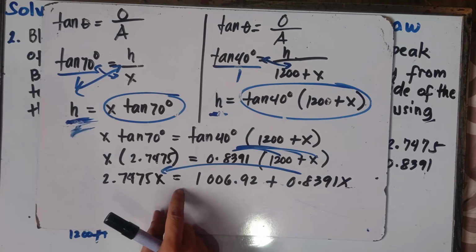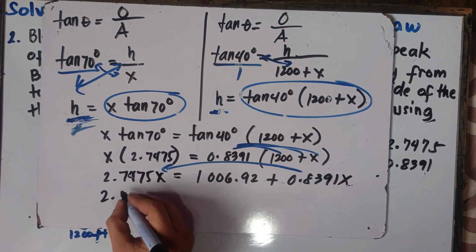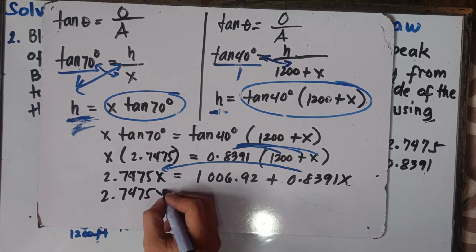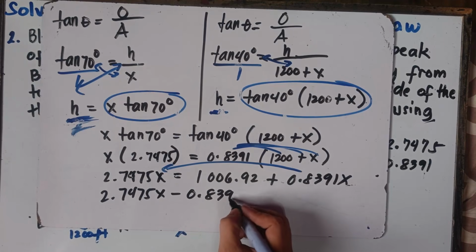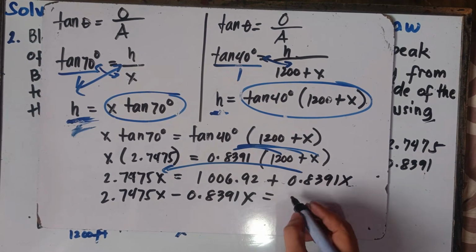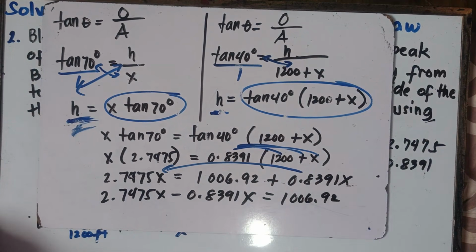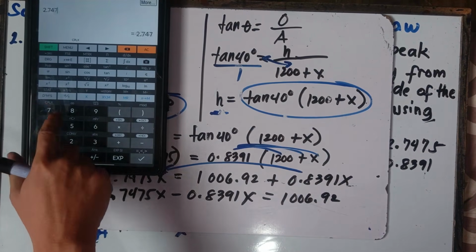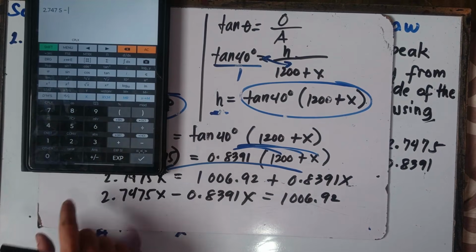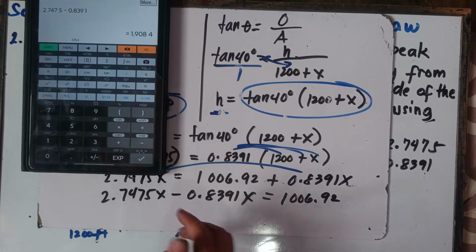Once you transfer from this equal sign, you change the sign. So this will be 2.7475x. This is positive, it will become negative, 0.8391x is equal to 1,006.92. Simply subtract 2.7475 minus 0.8391 is equal to